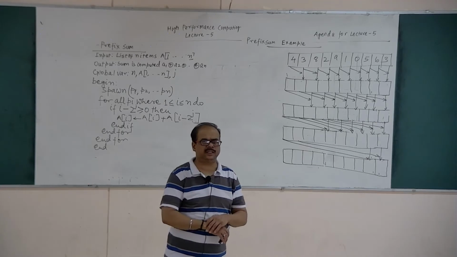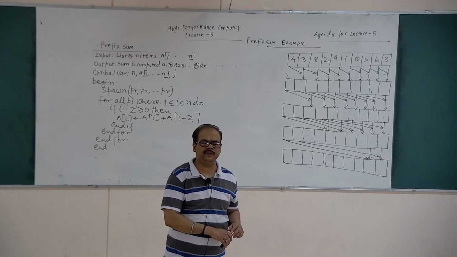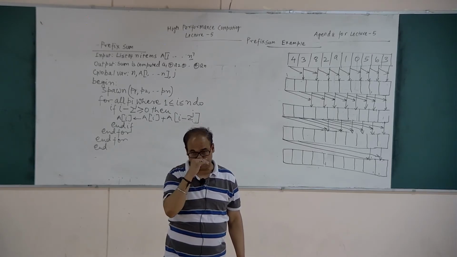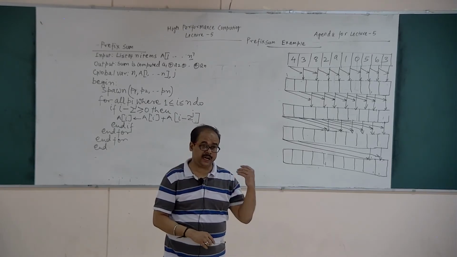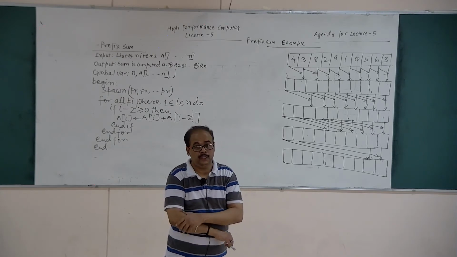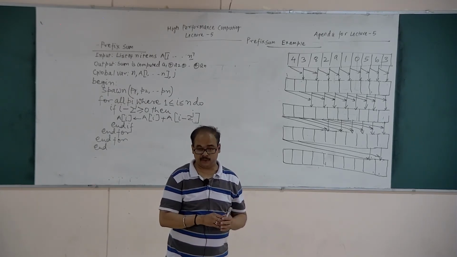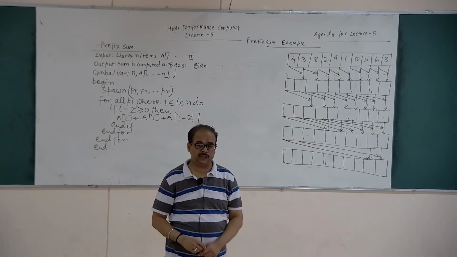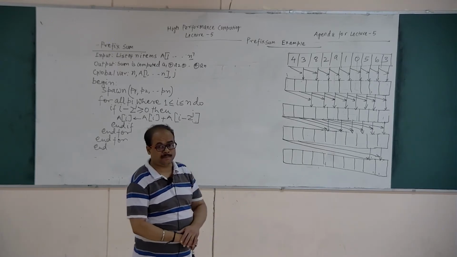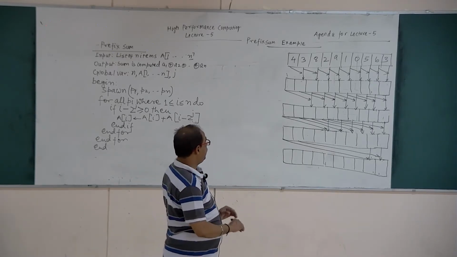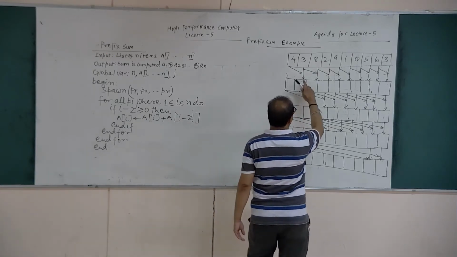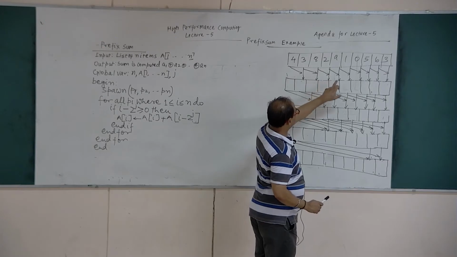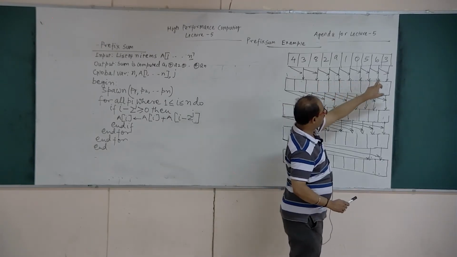We have discussed in parallel summation that if we want to add n numbers, then we can use n by 2 processors. But at the same time I have also told you that the required number of processors varies from problem to problem. So in this problem, to add n numbers, we start with n minus 1 processors, that is 1, 2, 3, 4, 5, 6, 7, 8, 9.